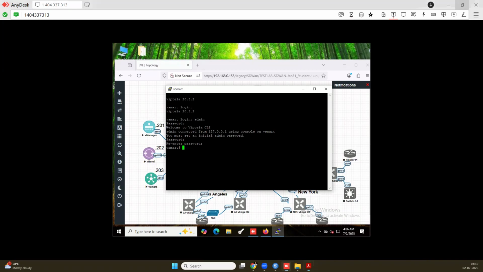Task one, as per the PDF, what is task one? Task one is always system configuration. We need to assign the system ID, site ID. Of course, this can be done later also, but still, if you want, we'll do it. So we go to config mode, then we move to the system mode. Once we are inside the system mode,